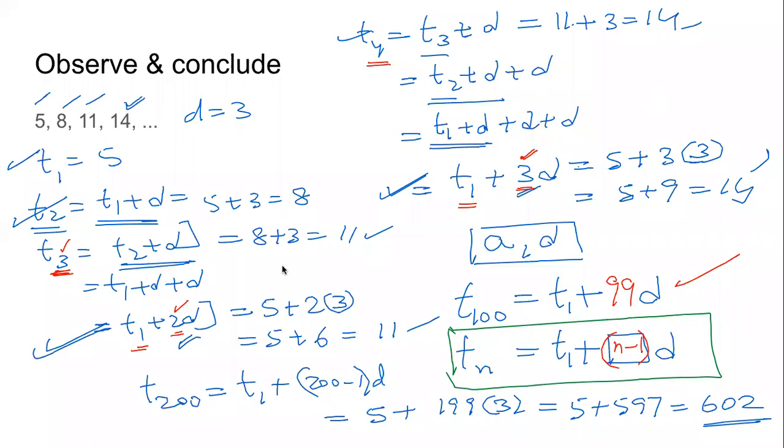The nth term, which is represented by Tn, can be calculated as T1 plus n minus 1 into D. So we need to know the arithmetic progression. When we say we need to know the first term, that is T1. We can also say A plus n minus 1 into D. That is also fine. And we need to know the D. If we know the A and the D, we can find any term that we need.